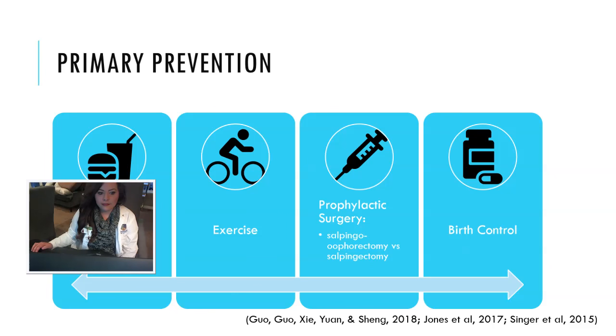Prophylactic oophorectomy is a type of primary prevention that's no longer recommended for patients without a known cancer syndrome. In the past, this was done, and then it was discovered that there was an increased mortality from cardiac and neurological causes after removal of the ovaries. In fact, the all-cause mortality from these issues is higher than the risk reduction from removing the ovaries. So that means if you were to not have your ovaries removed, the percentage of risk of your death from ovarian cancer is going to be less than the percentage of risk from all of the other mortality causes that happen after you remove the ovaries.